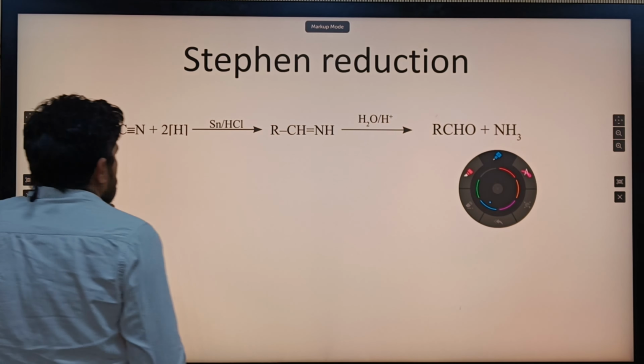Further, if we hydrolyze this reaction, the lone pair of oxygen attacks the carbon, and the pi bond of carbon and nitrogen transfers onto the nitrogen. So let's see what is going on here. Oxygen, OH, nitrogen, and negative charge, H2O positive. The negative charge of nitrogen abstracts the proton from the H2O molecule,